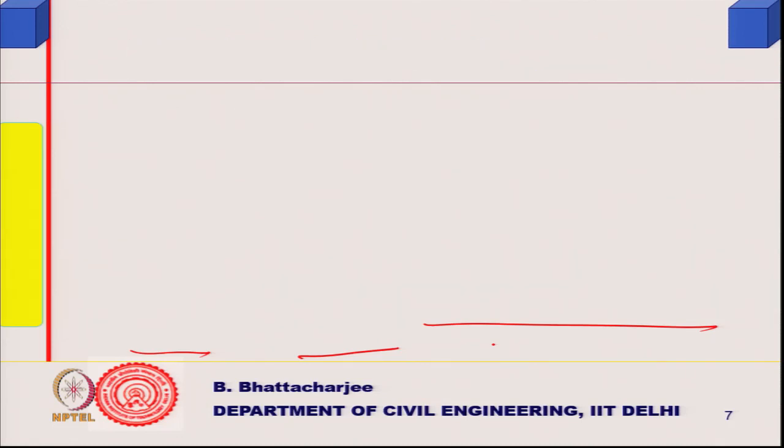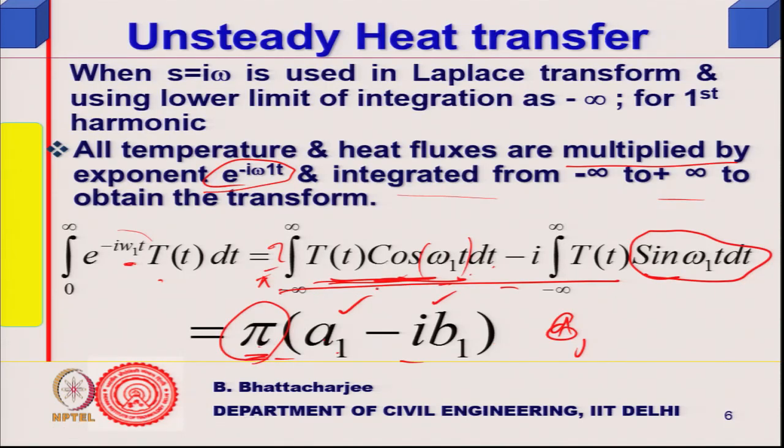So you see, let us go back to this. This is equal to phi a1 minus i b1, and this I can write as phi T0 e to the power minus i omega 1 t. Phi, this I can write as phi T0 e to the power i omega 1 t. So basically, if I multiply phi T0 e to the power i omega 1 t,